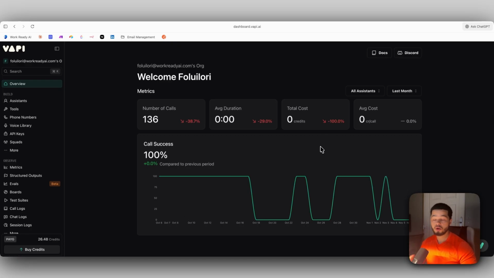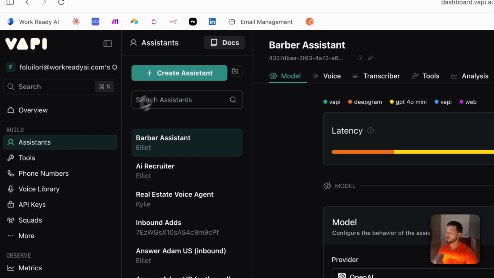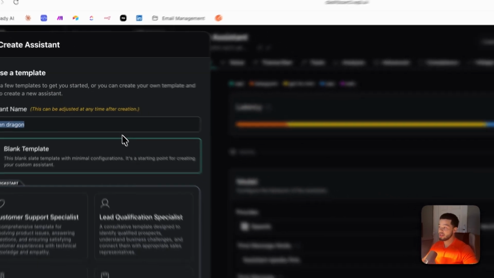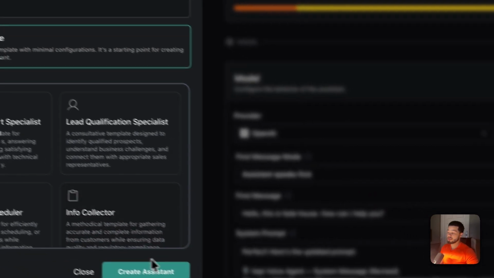This is where we're going to basically build a voice agent. You don't need to know how to code it. You just need to know how to type. If you can type, then you can build a voice agent. When you come over here to VAPI, go to where it says assistants, and over here on assistants, we're going to create a new assistant. For this one, let's set up one for Golden Dragon, and it's going to be a Chinese